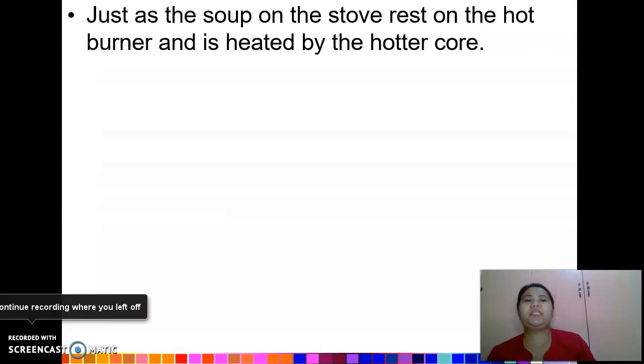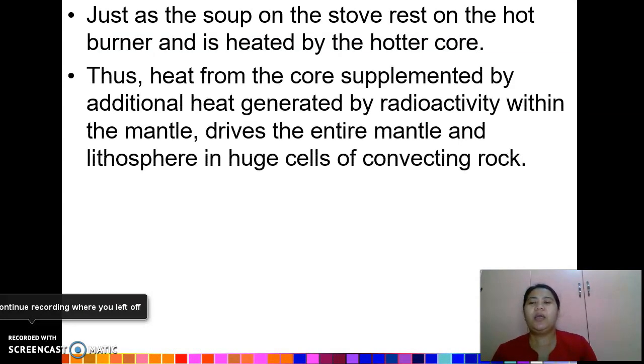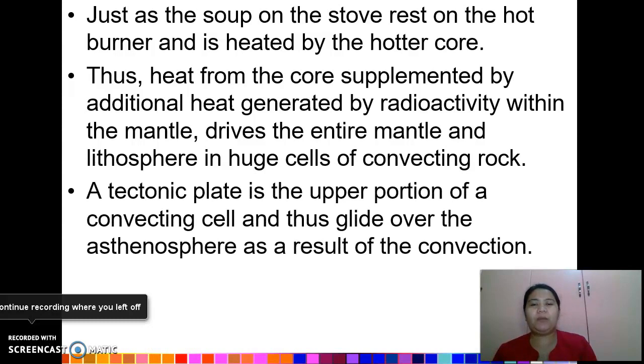just as the soup on the stove rests on the hot burner and is heated by the hotter core, thus heat from the core is supplemented by additional heat generated by radioactivity within the mantle, which drives the entire mantle and lithosphere in huge cells of convecting rock. So as you can see, as we do cook, it's just the same mechanism. A tectonic plate is the upper portion of a convecting cell and thus glides over the asthenosphere as a result